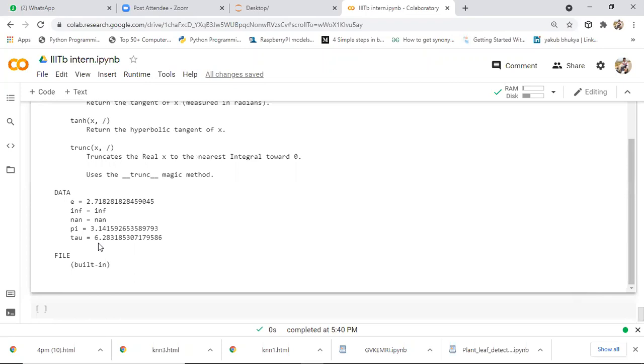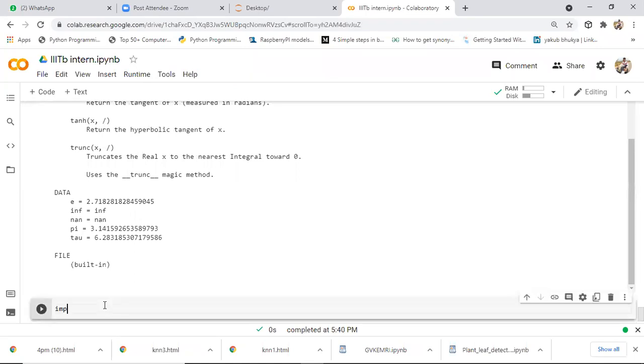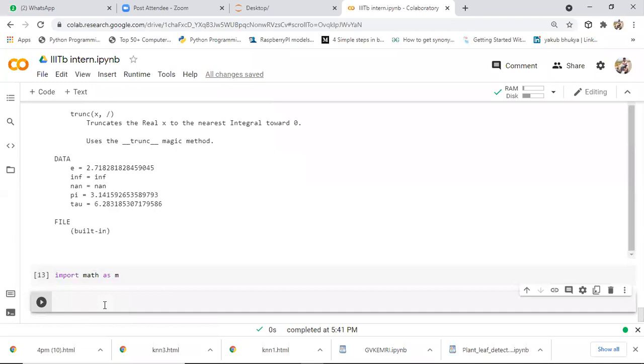Now here we imported the math module, so whenever we want to access any function from this module, we say module name dot function. Now what I want to do is import the math module with an alias. Import math as m. So now whenever you want to call any function from this module, we should not use the module name again and again. Simply we can use m dot. So m is nothing but math only; both correspond to the same module. Whenever you want to use the math module, we can access it by using the character m.